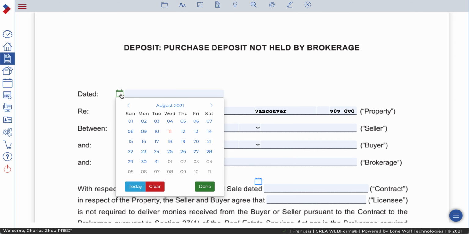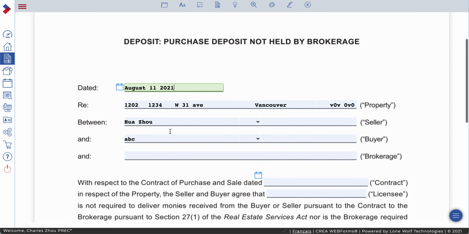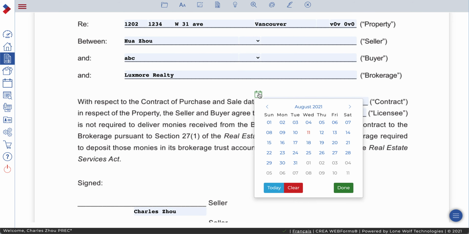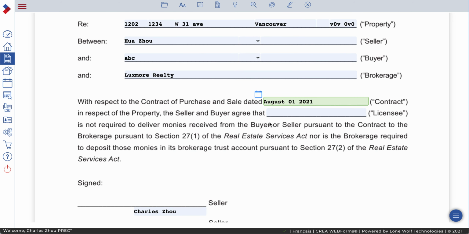So you have to put a date here, okay, and then put your client's name and your brokerage's name, and then you have to put the contract purchase date of the contract, and then your realty name. The seller and the buyer agree that Lexmore Realty, you have to put the license name or licensee. Okay,